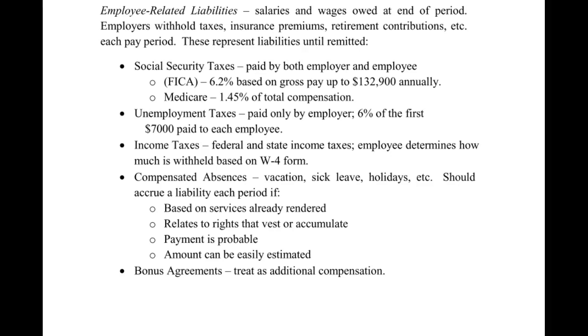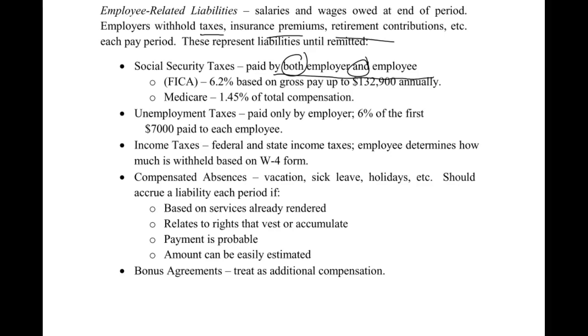All right, so let's just walk through here. Like I said, they withhold a number of things. You have your taxes, insurance, retirement contributions. A lot of times you'll see insurance, retirement contributions, and stuff like that referred to as fringe benefits. But there's all sorts of liabilities. All right, so some of the main ones. Social Security taxes. Note this is paid by both employer and employee, meaning you, the employee, pay it, and then actually the company, as we're looking at it in this chapter, also pays it.